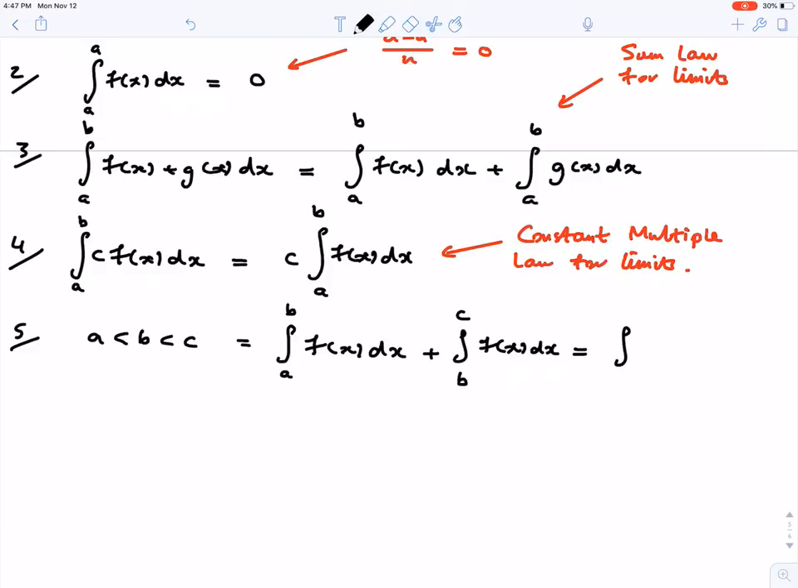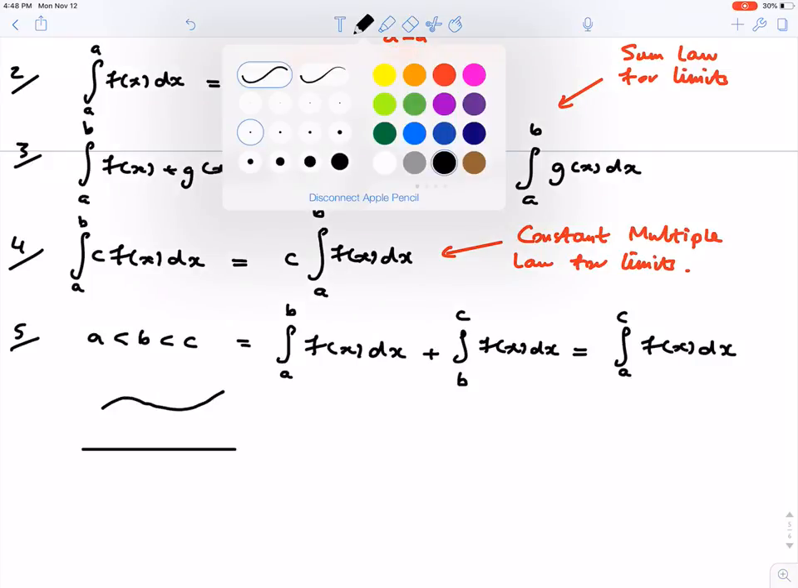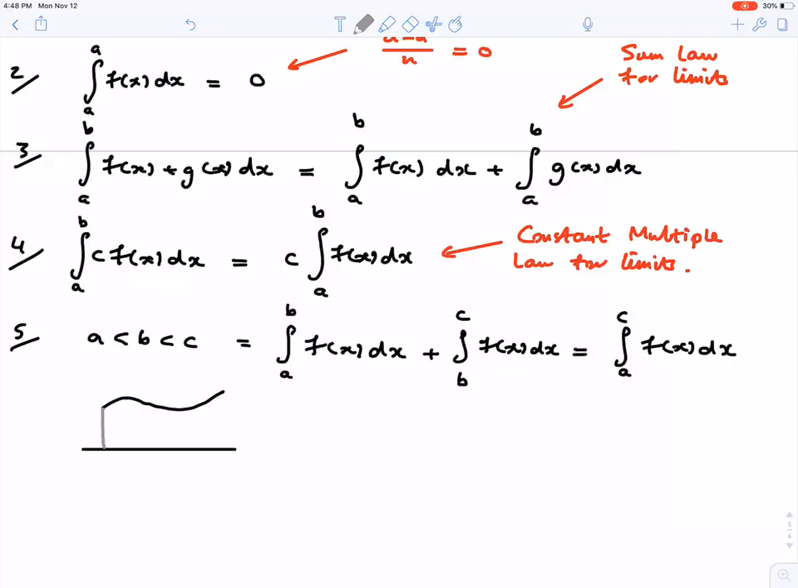this actually has to be the integral from a to c, all the way along, of f of x dx. Why is this true? Well, it's just adding up areas. So if I have something like this, if I break it like this,